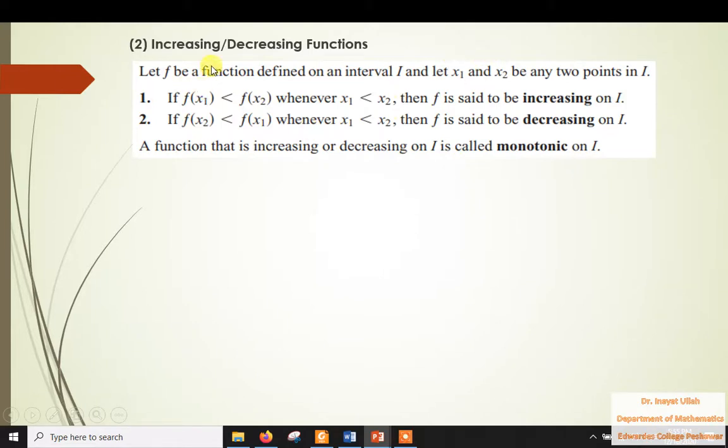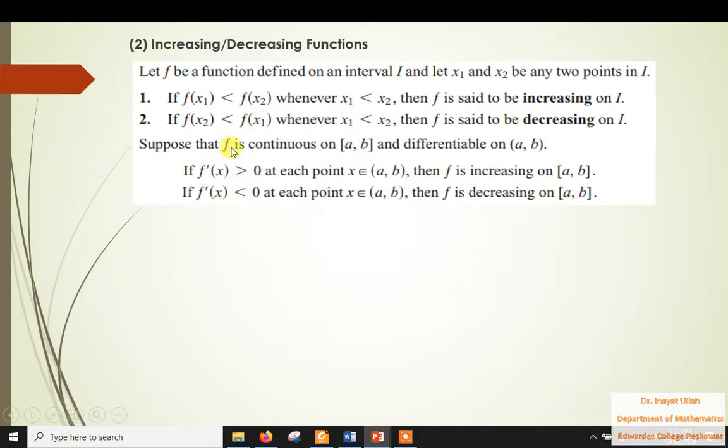We can define increasing, decreasing functions in another fashion. Suppose that f is continuous on an interval [a, b], and differentiable on (a, b). What does it mean? That if you draw the graph of this function by taking these values of x, the values between a and b, including a and b, and there is no discontinuity, there is no hole in the graph of the function for these values of x, then we say that the function is continuous